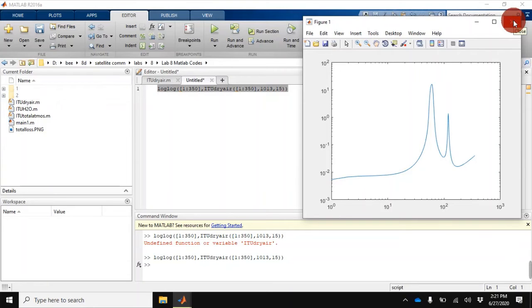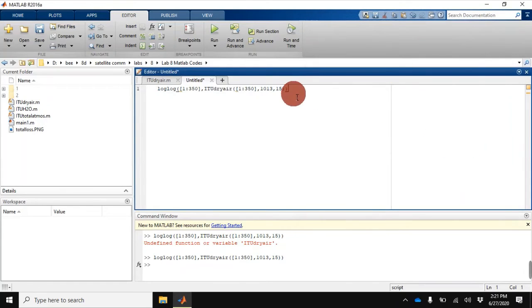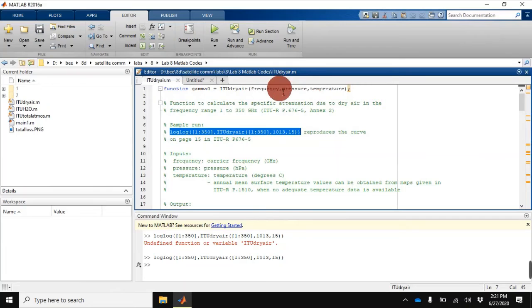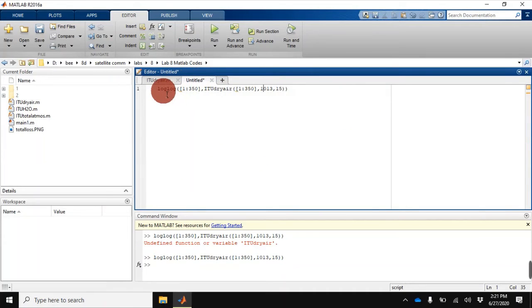Now another thing, if you want to have multiple plots on the same graph, I'm going to tell you that too. For example, I want to change this parameter here. If I go back to the function file, this value is for pressure. If I want to plot the graph for different pressure values, I have to change this pressure value.